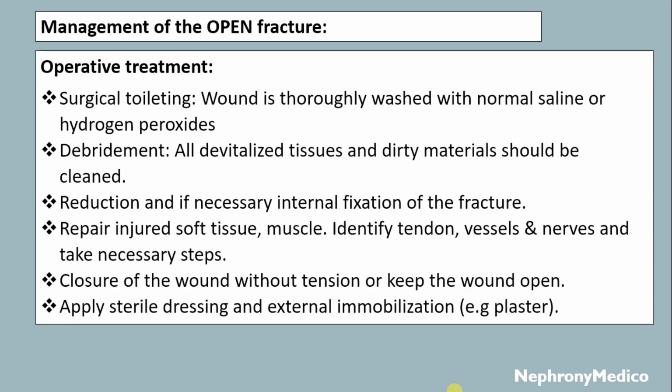Now, operative treatment. The operative treatment includes surgical toileting where wound is washed thoroughly with normal saline or hydrogen peroxide. Debridement includes all devitalized tissues and dirty materials should be cleaned. Reduction and if necessary internal fixation of the fracture and repairing of the soft tissue, muscle which are injured, and